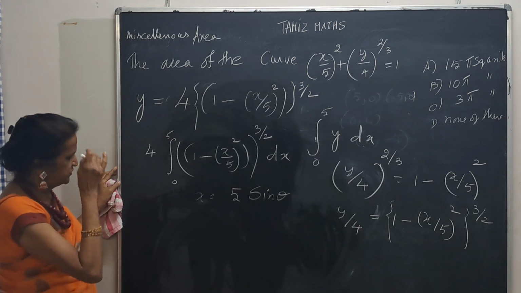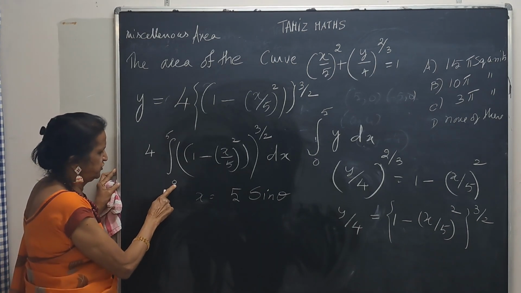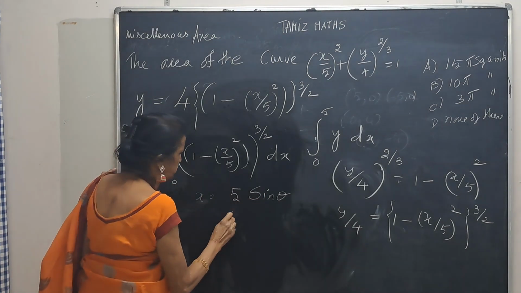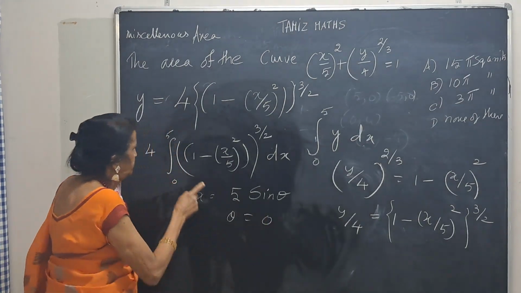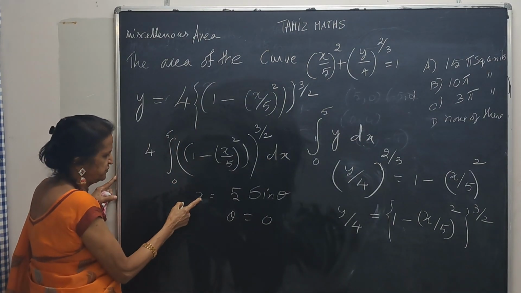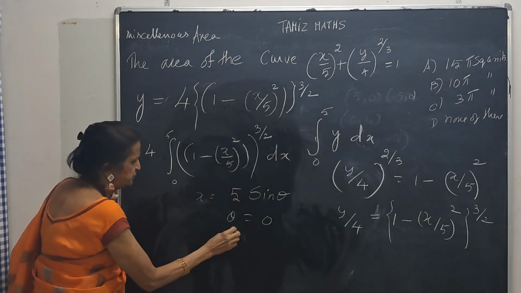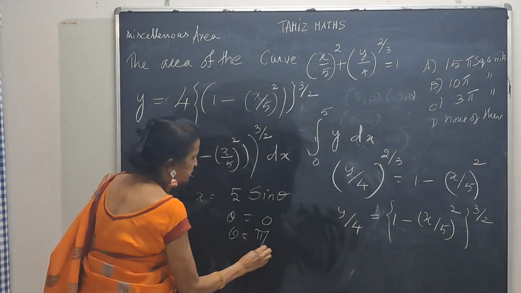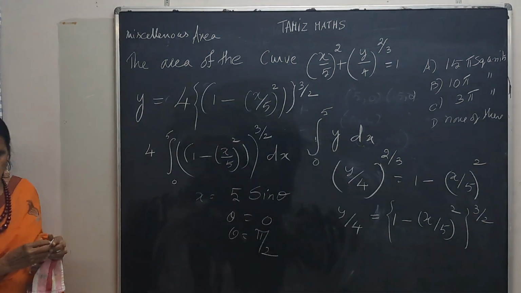Now the lower limit is 0 for x, so theta will be 0 as the lower limit. For the upper limit, x is 5, so sine theta will be 1, so theta will be pi by 2. So what we have now is